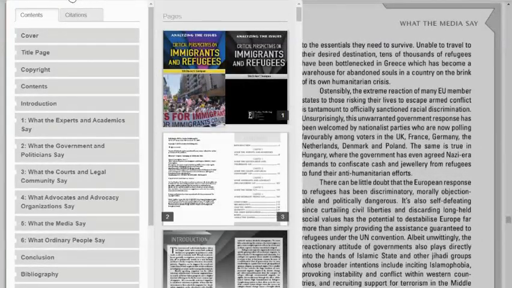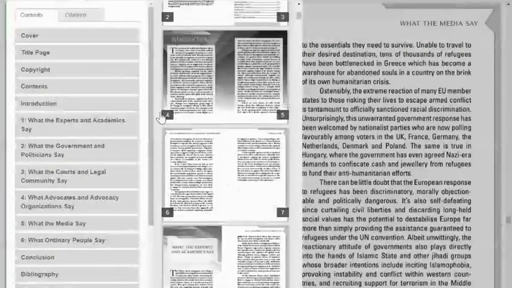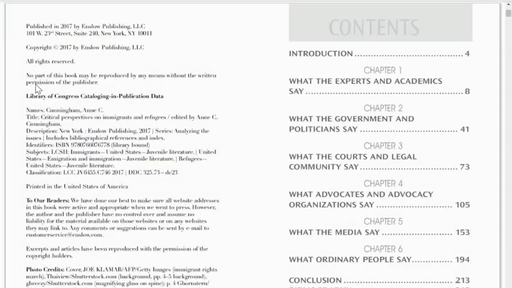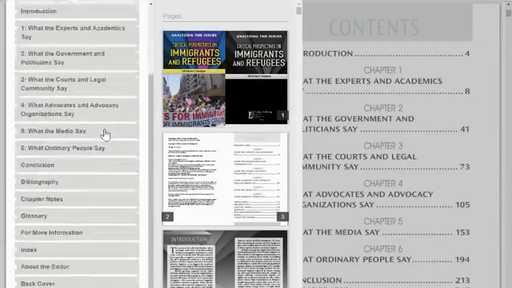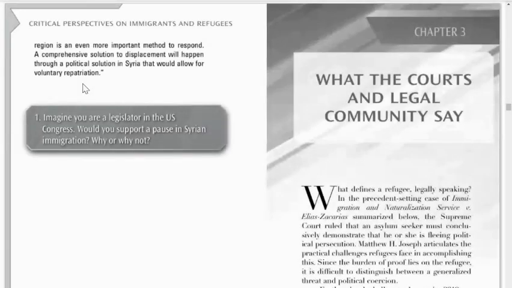We can click on these 3 lines here. Here's our book. We can go to table of contents. We can go to the different chapters, like what the courts and legal community says. There's our